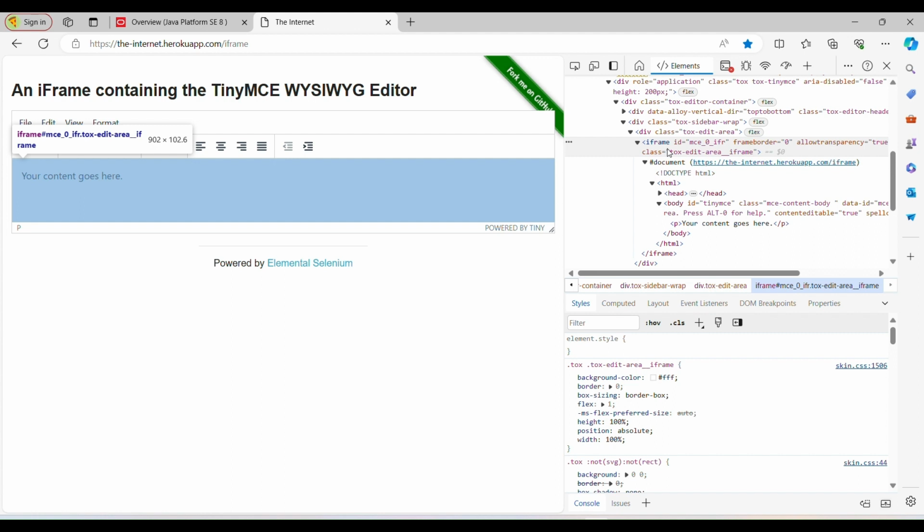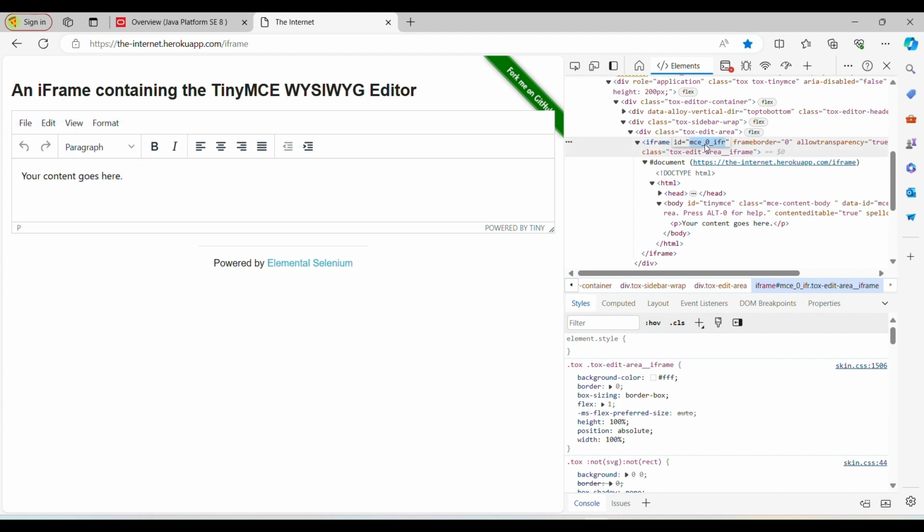See, if you look on the right side, the frame tag is iframe, and the attributes are id, frame border, allow transparency, these are attribute values. So I'm going to use id here. iframe is basically a frame, guys. You can call it iframe, you can call it frame, both are the same, right? But just select the id. So we can see we have an id inside this frame. So I'm going to copy this.